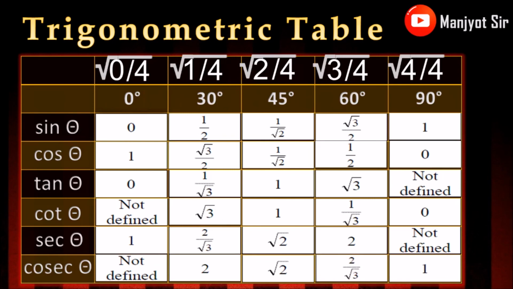Remember the first line, the trick line of the table from which we have made the entire table. You can take a screenshot of this page if you want. I hope everyone is clear how we make the trigonometric table. Remember, this trigonometric table can only be applied for 5 values of theta, that is 0, 30, 45, 60 and 90. I hope you have understood this video very carefully.